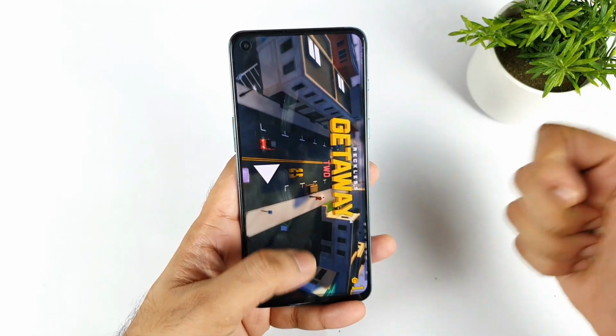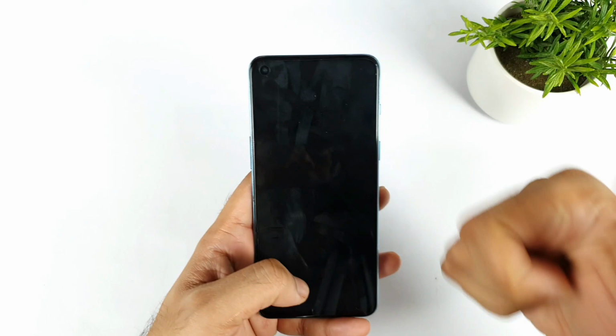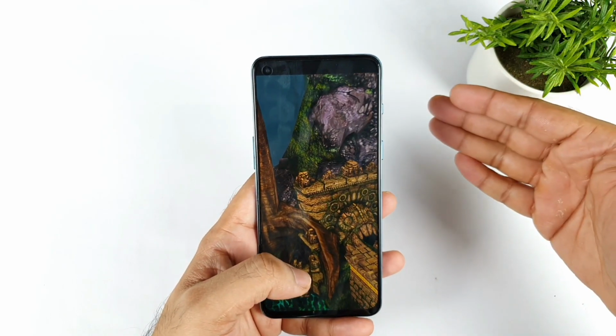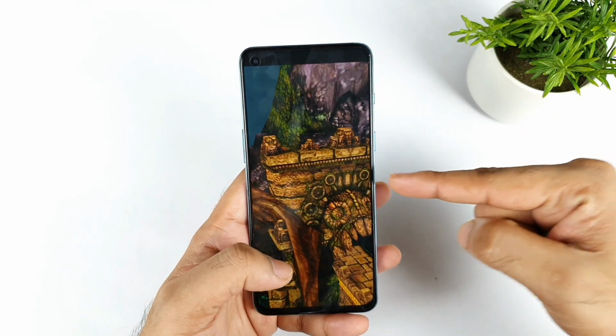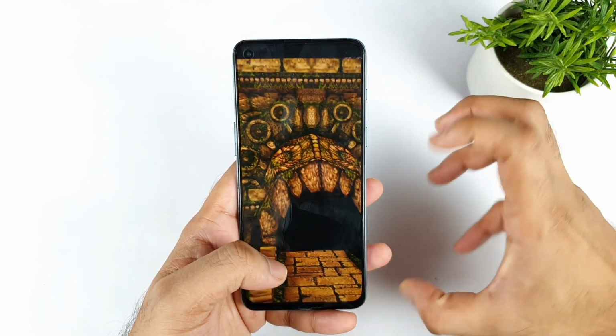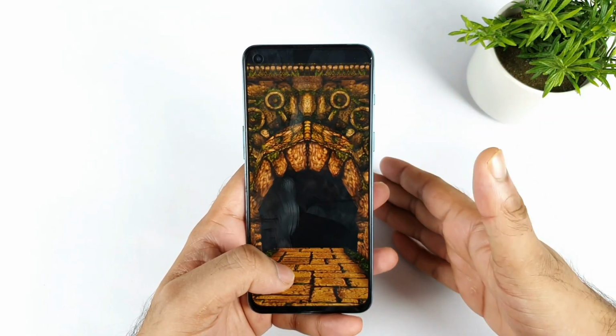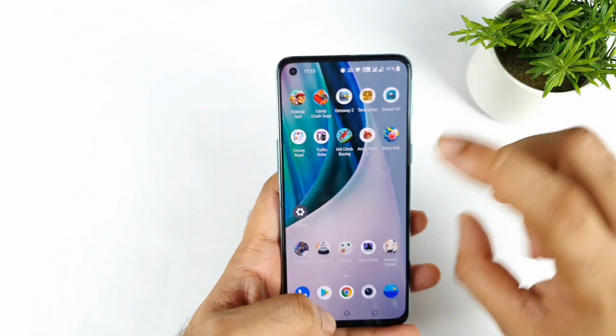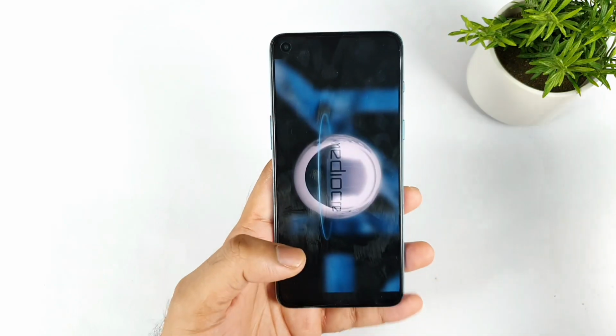Previously I did use a couple of OnePlus phones. They performed really well. The OnePlus 8T and OnePlus 9R can store 10-15 games in the background RAM management. But because ColorOS and OxygenOS got mixed, that is when all this problem started. The RAM management has become the worst in this phone, the OnePlus Nord 2.